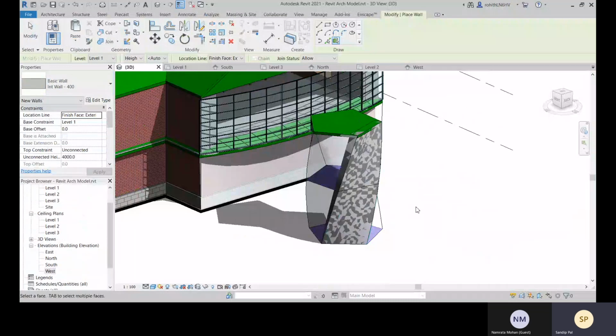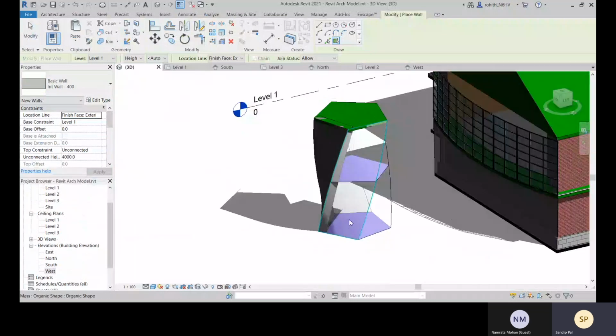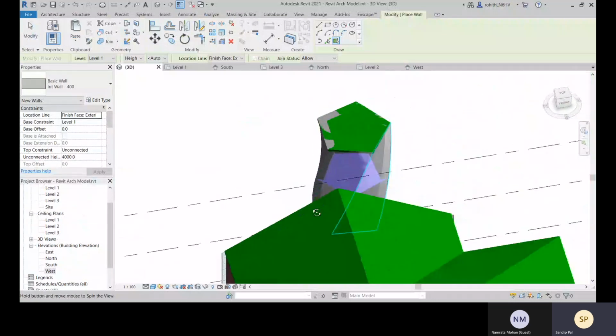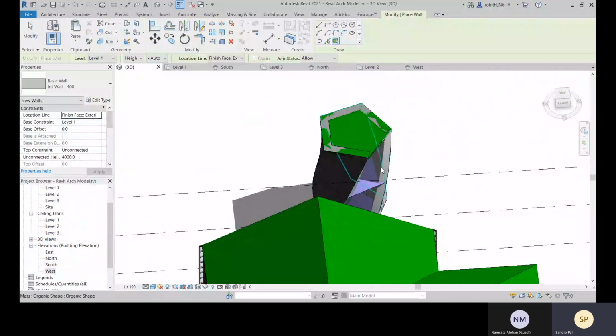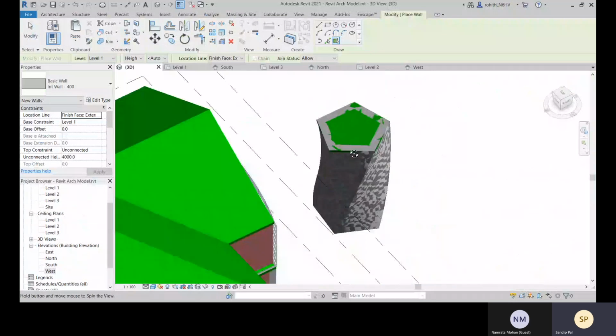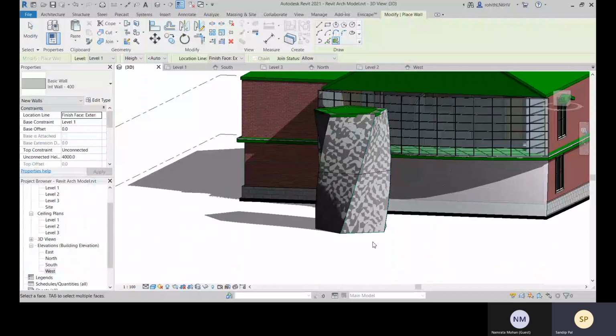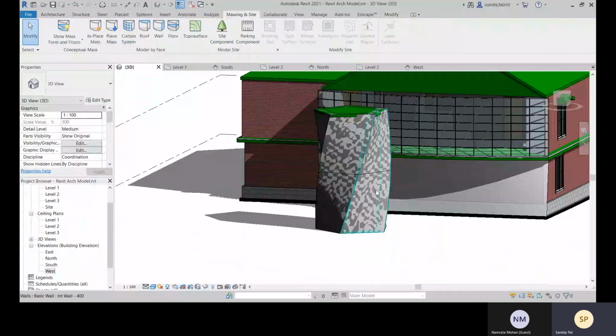This one, let's select with this. Okay, and you can create your walls. This way you can create your walls.